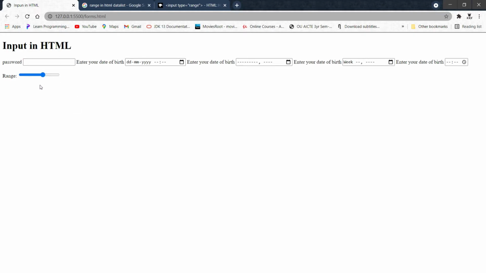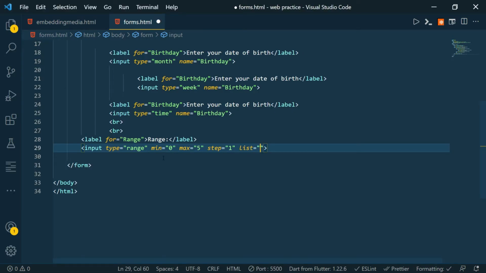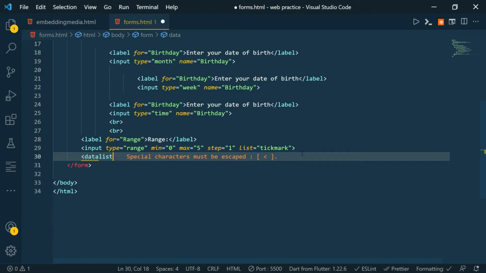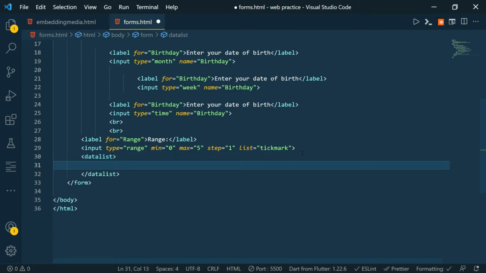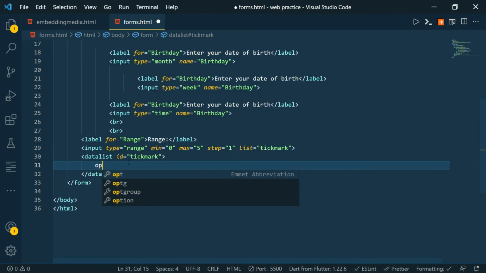We can also add tick marks, that is the lines, using the list attribute. We'll add tickmark, and we need to create a datalist here. Datalist is a separate tag, and here we need to specify the ID, which should be the same as the list attribute, tickmark. We'll give options. In options we will specify the values like 0.